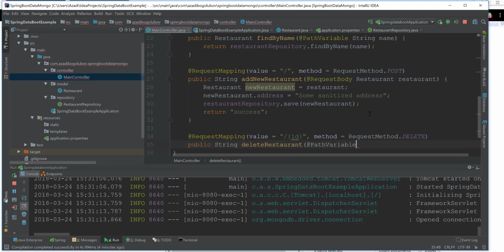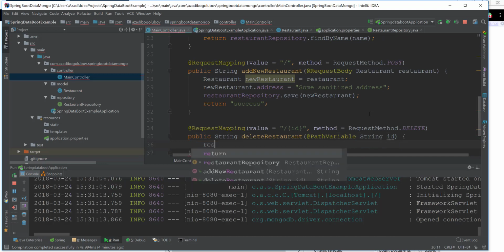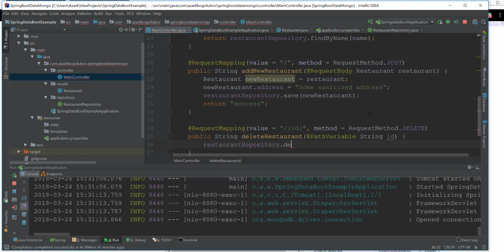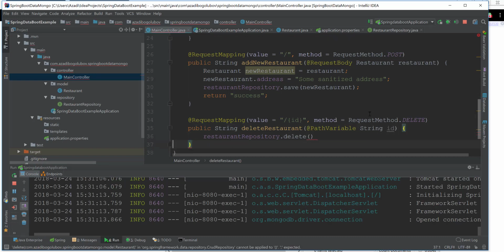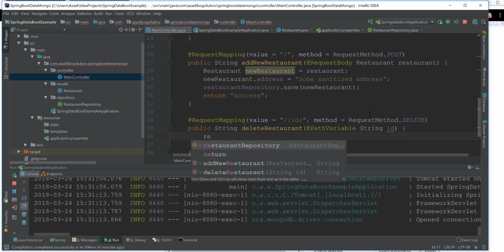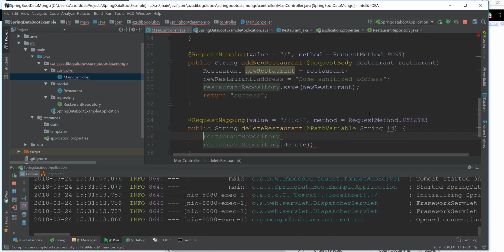If we go this way, we can go delete. We have to first find the object. So we'll put in restaurant equals this repository dot find by ID,